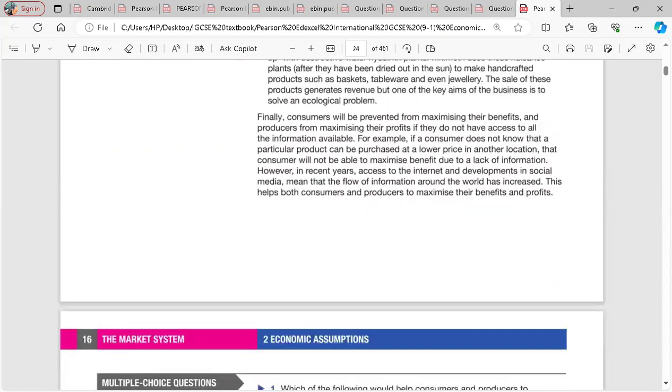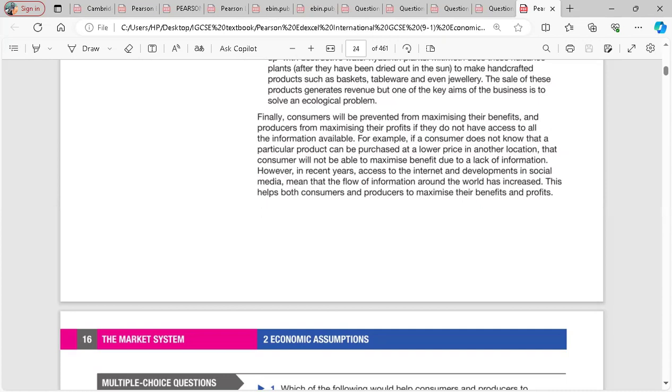Finally, consumers will be prevented from maximizing their benefits and producers from maximizing their profits if they do not have access to all information available. So at the end of it all, the main reason why we cannot maximize our welfare or benefit is that there's an information gap. Whenever there is an information gap, it means I might be taking decisions